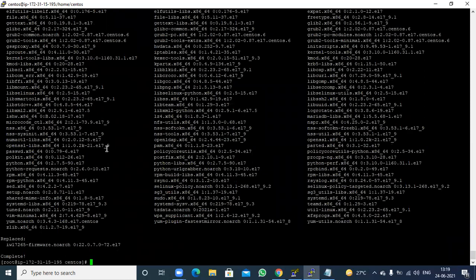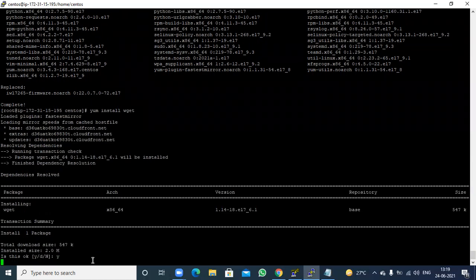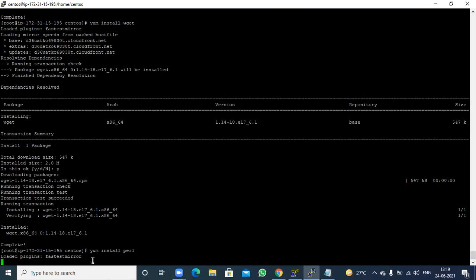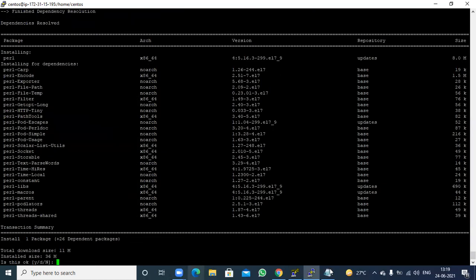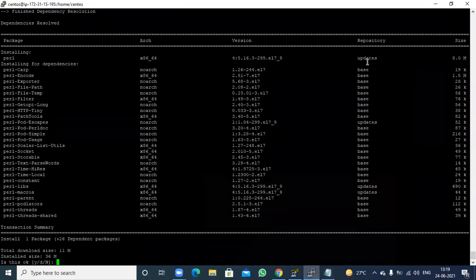Now what you need to do is first install yum install wget. Let's click on yes. In the same way, you need to run yum install perl.